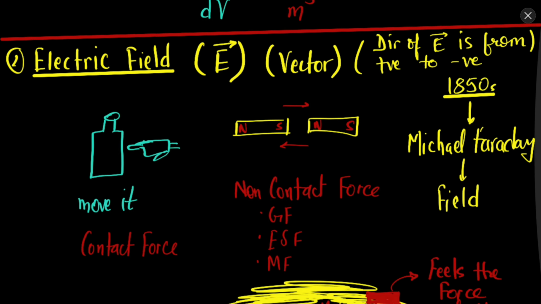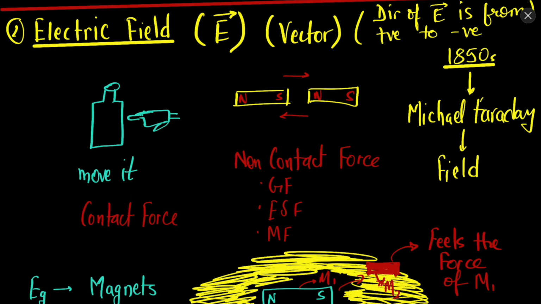So after the study of electrostatic force, we can now move on to the concept of a field. So what is the concept of a field? Let's say you want to move an object, for example this bottle, with your hand. How will you move it? You will touch this bottle with your fingers, and then you will move it. It is not like you can do some gestures in the air and it will move by itself. In order to move this bottle, you need to touch it with your fingers.